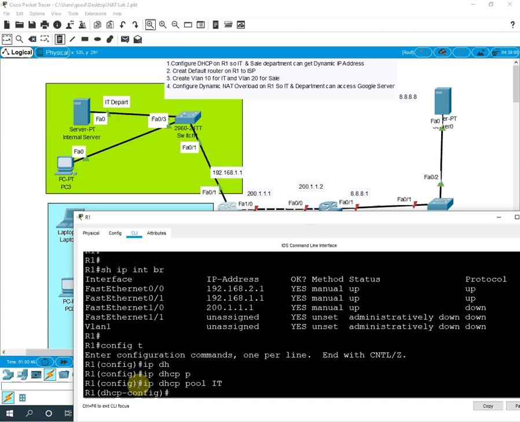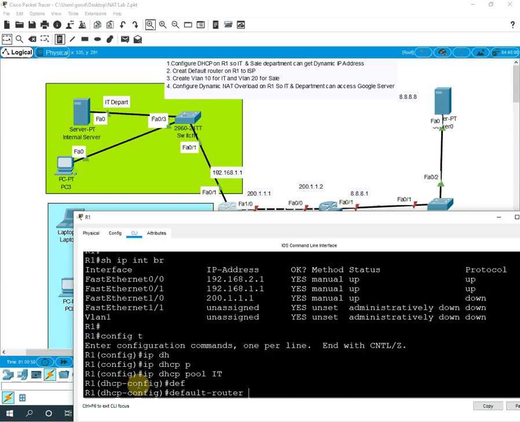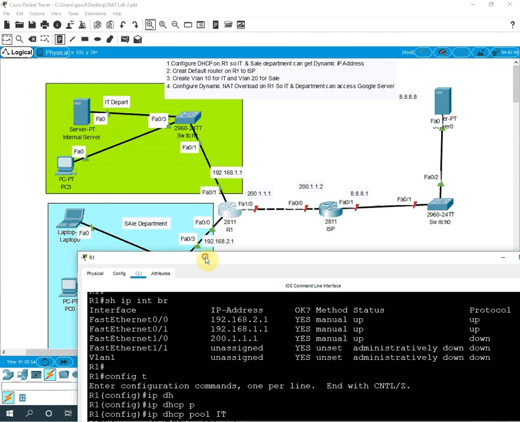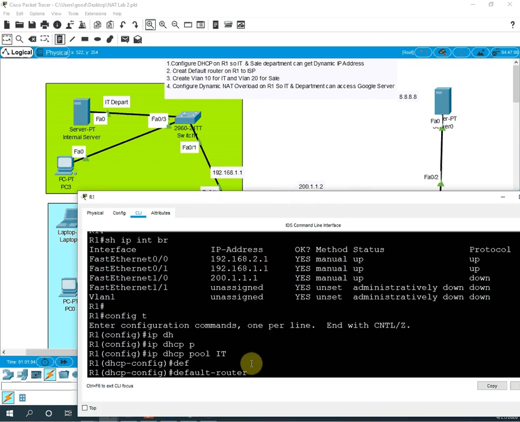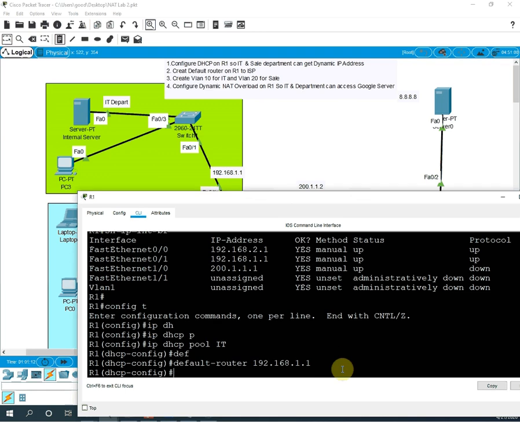Then we need to write the default gateway, default router. For the IT department, this one is 192.168.1.1. So I will write 192.168.1.1 default router.